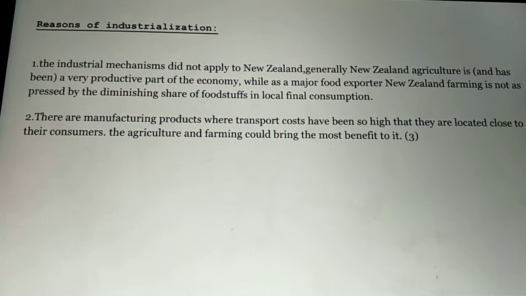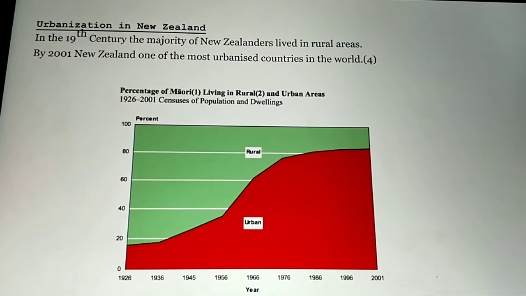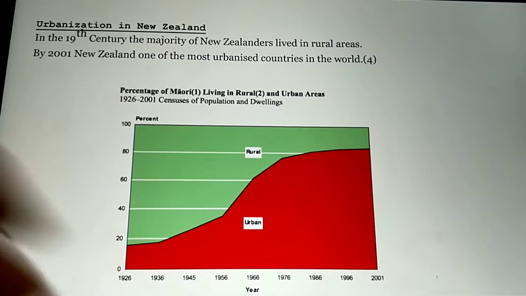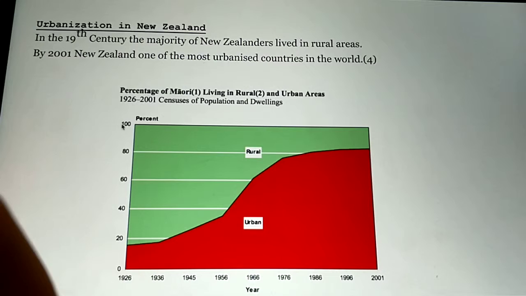The second reason is that there are manufacturing products where transport cost is so high that they are located close to their consumers. Their agriculture and farming could bring the most benefit to it. And this is a graph to show the urbanization. This column is percent, and this column is the